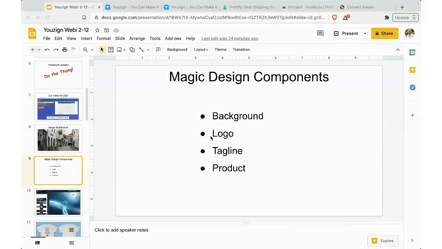It needs to have a logo. The logo doesn't have to be very prominent. I have people all the time asking me, how can I put my logo on every page? Do you really need to? It's not necessary that you put your logo everywhere, but it is necessary that you tag it someplace. And you can make it kind of inconspicuous if you want to, but it's important to have it. It doesn't have to be real prominent. It doesn't have to be the biggest thing on the page, but because the tagline is the thing that causes